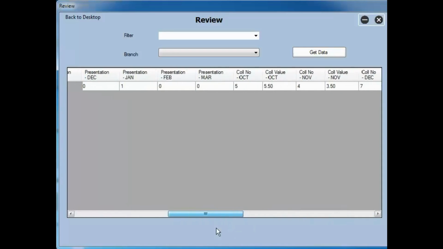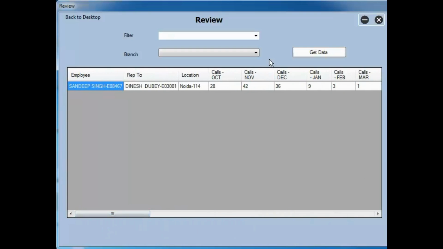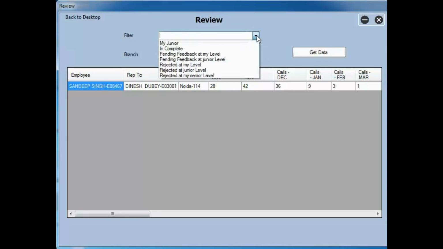Editing can be done only by the manager or by the HOL in this case. But if I have more than one and I want to look at any one case, then I need to click here and I'll be able to see my juniors' planning which is incomplete, pending feedback at my level, pending feedback at juniors' level, rejected at my level, rejected at the juniors' level, rejected by my senior level.